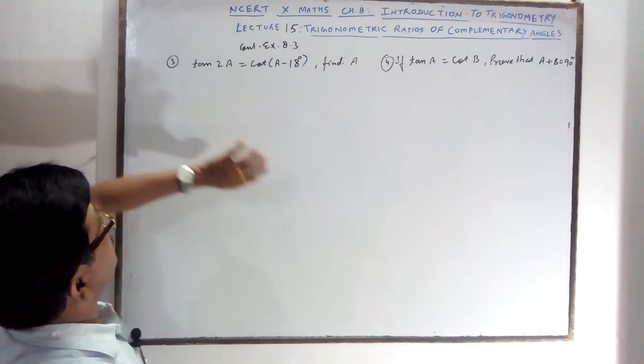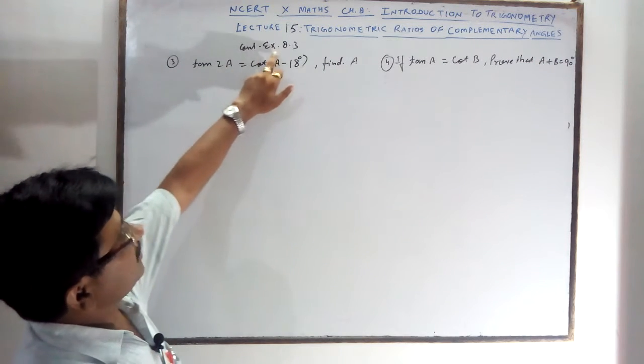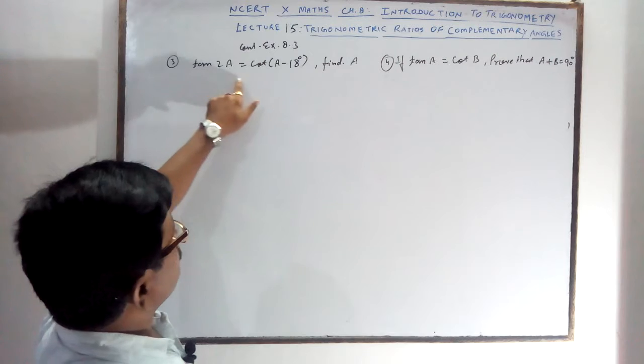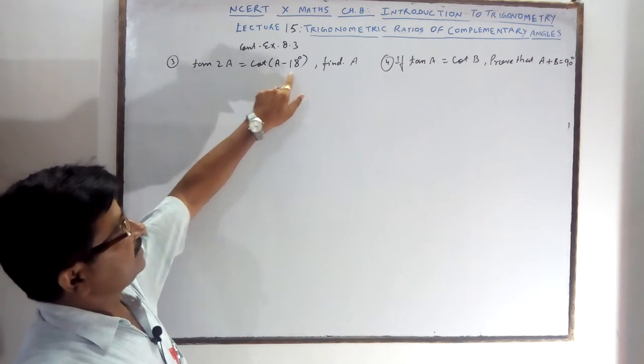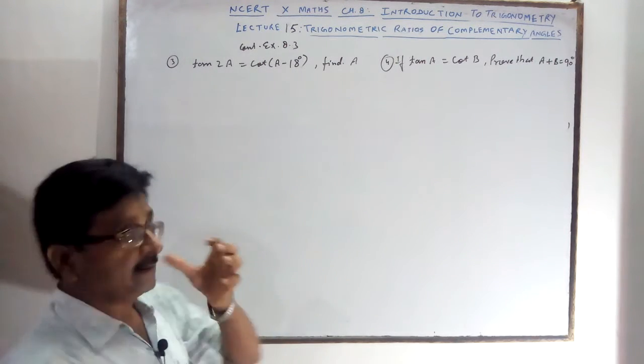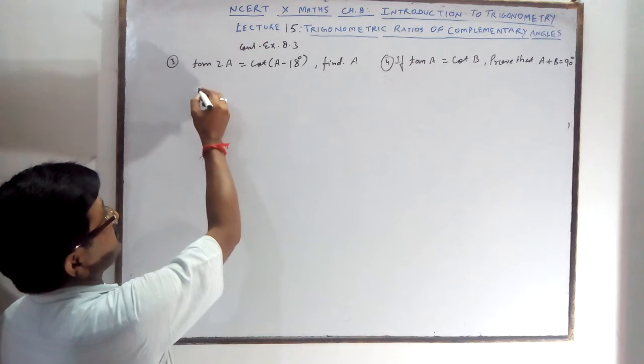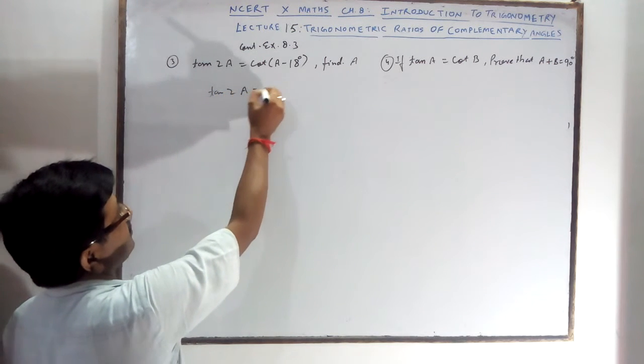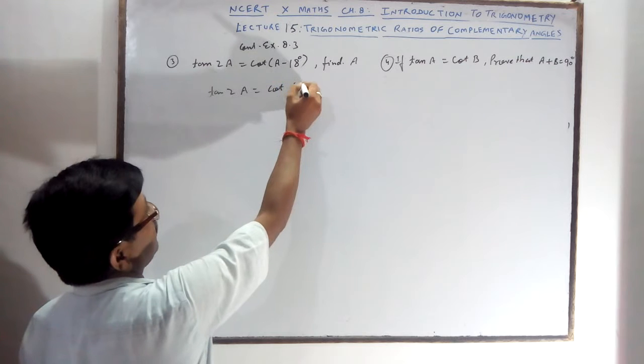Today you will see, continue the exercise 8.3, question number 3. tan 2A is equal to cot (A minus 18), find angle A. Find angle A, tan 2A is given, so you can write tan 2A is equal to cot (A minus 18